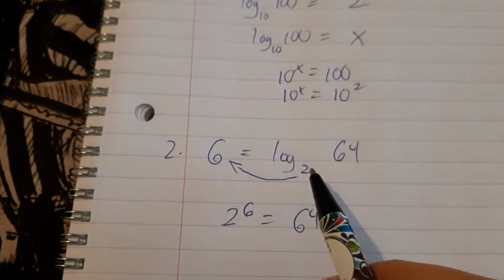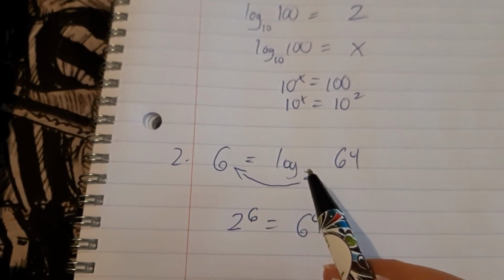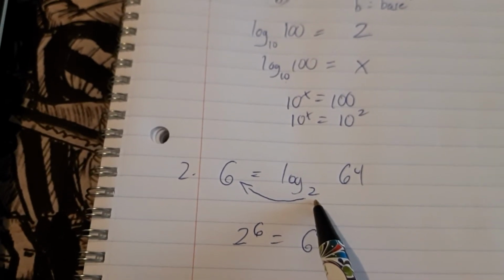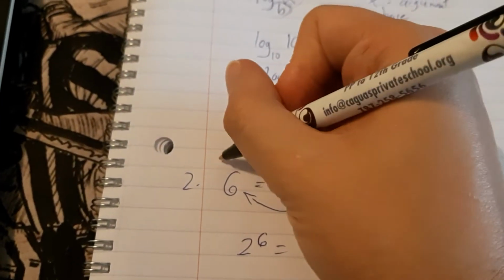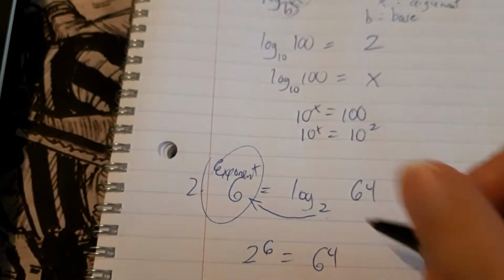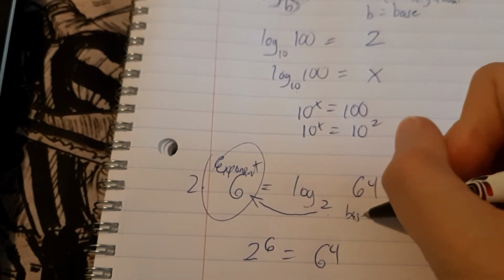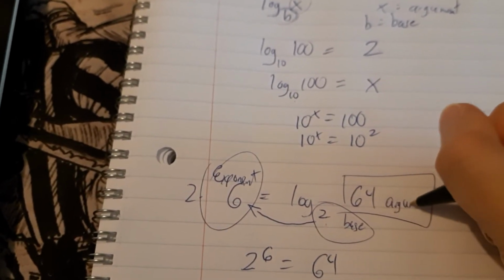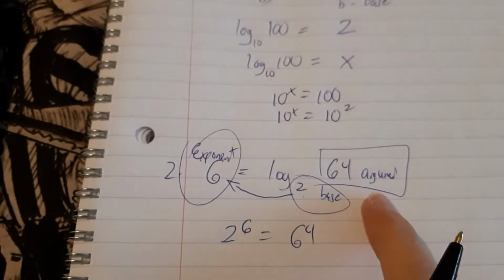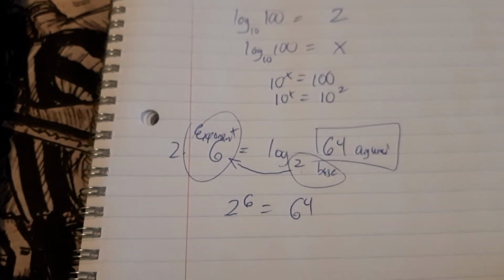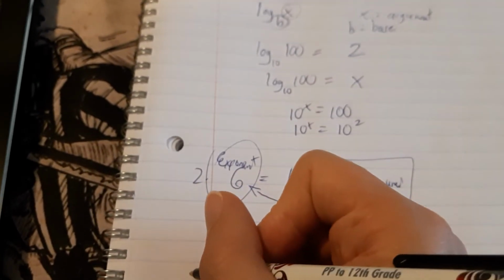Notice that the base, this number right here, is not ever going to be an exponent. This is your exponent right here. This is the base. And right here we have the argument. Or what we're working with in our function. And this was just logarithm. Right? So number